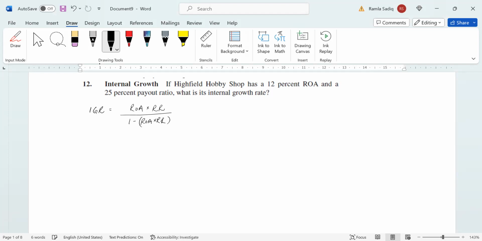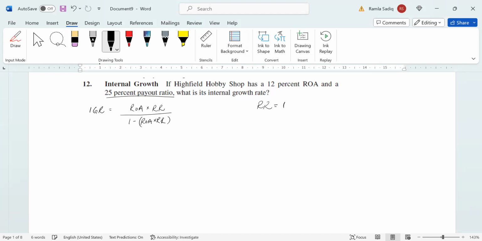Now, the retention ratio itself is the exact inverse of your payout ratio. So that means that to calculate the retention ratio, we're going to utilize this 25% payout ratio. The retention ratio indicates all of that money that is reinvested back into the company. So if the payout ratio is 25%, then your retention ratio will be 1 minus your payout ratio, which is